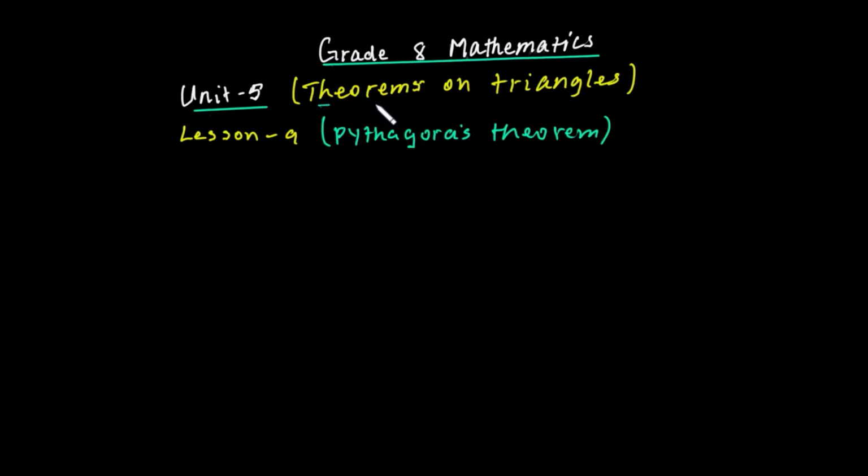ያለነው አምስተኛ ዩኒት theorems on triangles የሚል ነው። ሌሰናችን ደግሞ ዘጠነኛ ሌሰናችን ነው። ዘጠነኛ ሌሰናችን በምን ላይ ያተኩራል? Pythagoras theorem and its converse ላይ ያተኩራል። ስለዚህ ወደዛው እንሄዳለን። ቀደም ብለን የተማርነው ነገር ምንድነው? ቴዎረሞችን የተማርናቸው ኢኩሊድስ ቴዎረም and altitude